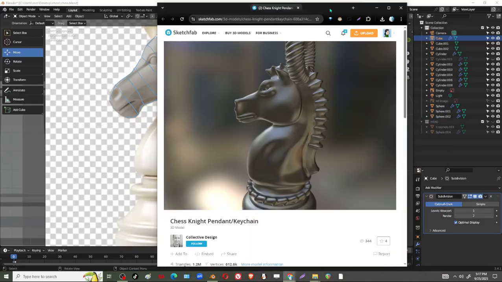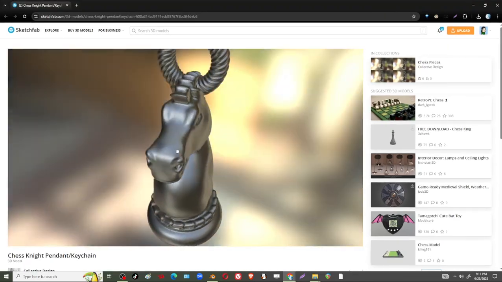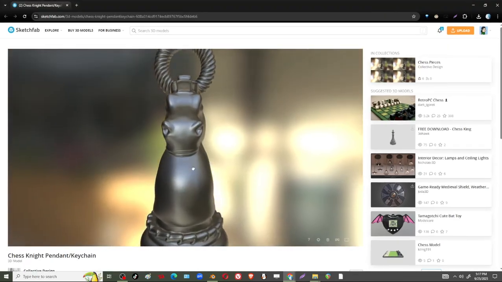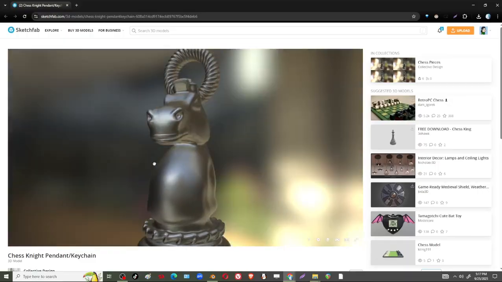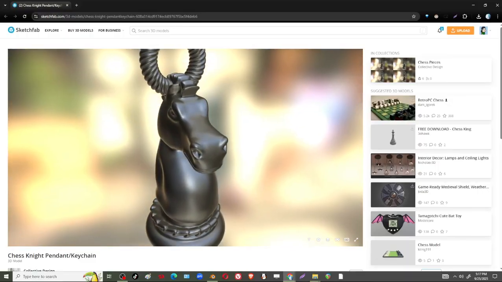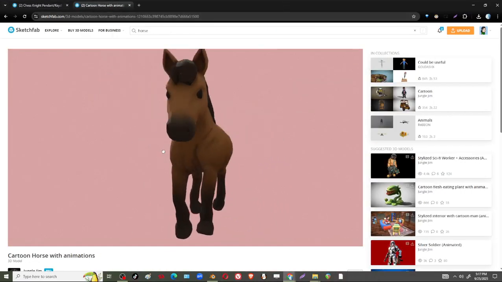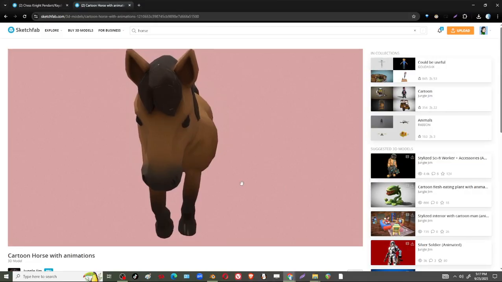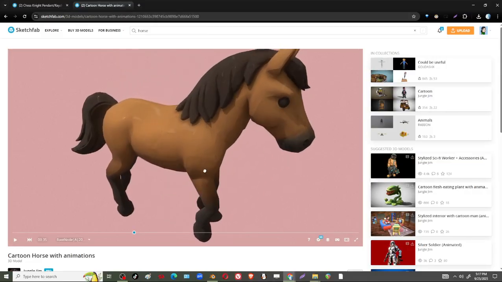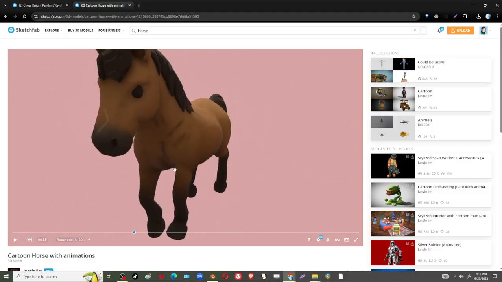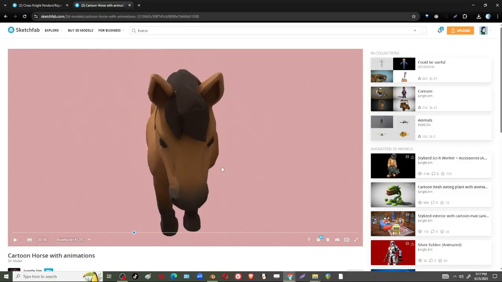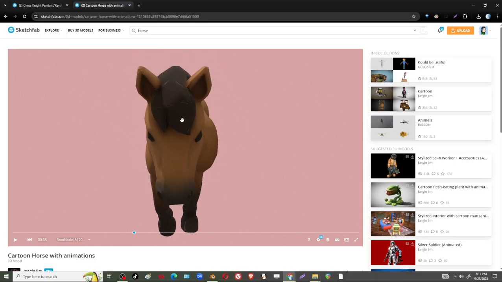Okay, so usually a horse's head would be like this. This is stylized, so it's kind of a bit exaggerated. Okay, so a cartoon horse would be like this. That's why you need to have a lot of references when you're working. Okay, so the shape of the head is kind of like a